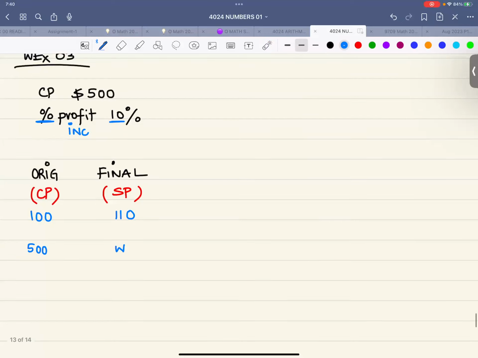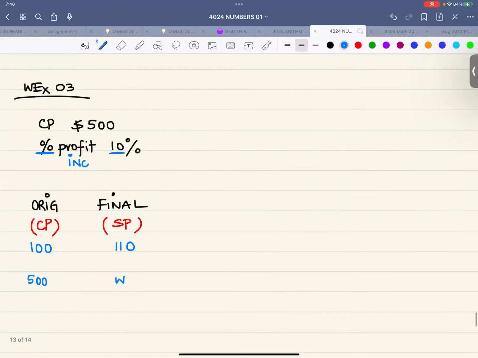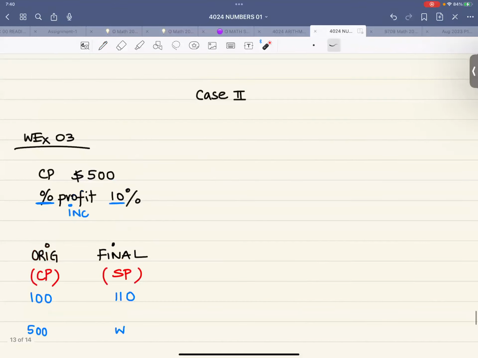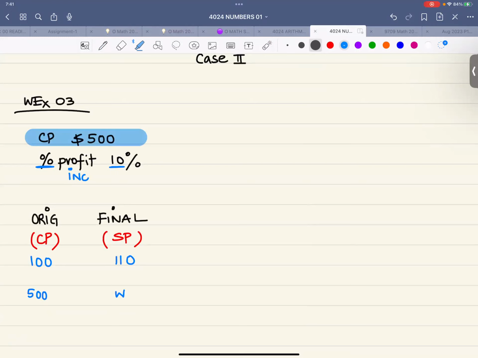Let's look at this. Worked example 3, I need a little bit faster response from you people on the WhatsApp. I'm explaining a new concept. This is using the ratio method: one column for original, one column for final, one column for cost price, one column for selling price. The question is about a cost price of $500 and a percentage profit of 10%. What should be